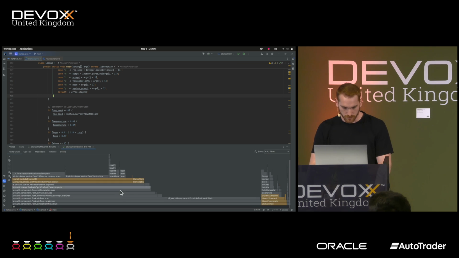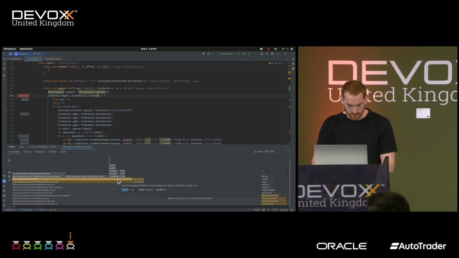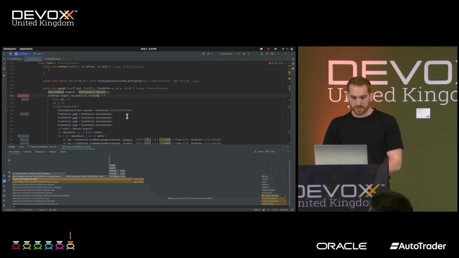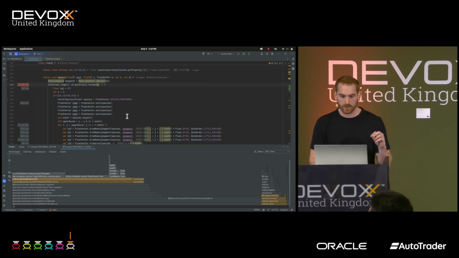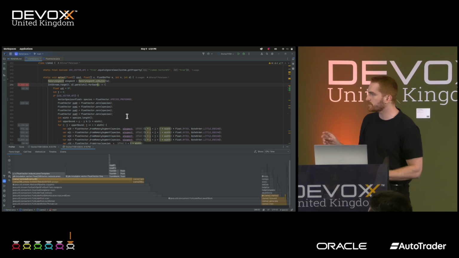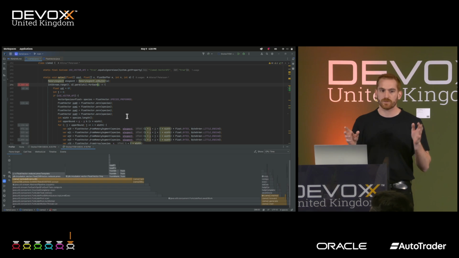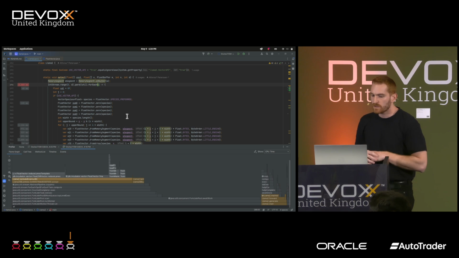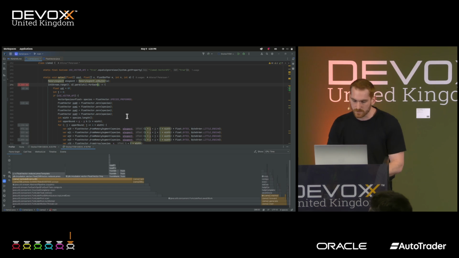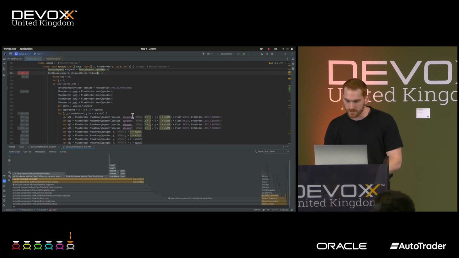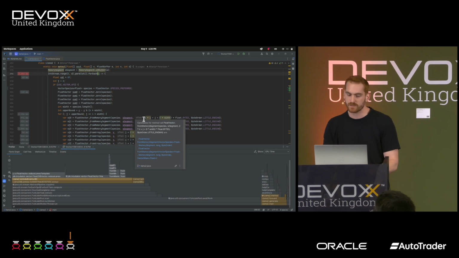By looking into the results, we see that the majority of the execution time is spent in these methods. This method called matmul is pretty much the core of the CPU computation of the LLM inference itself. And as we look into it, we see that it has already been highly optimized.